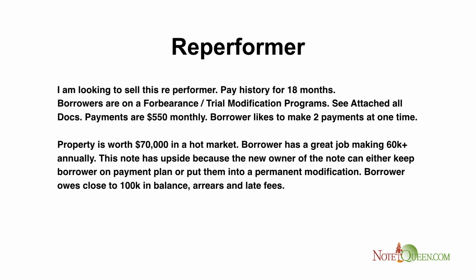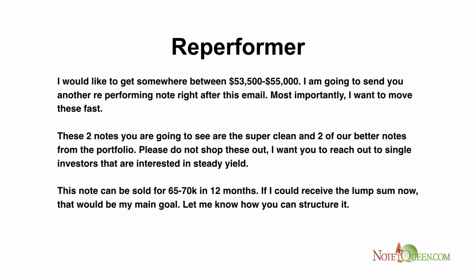The note has upside because the new owner of the note can either keep the borrower on the payment plan or put them into a permanent modification. Borrower owes close to $100,000 in balance, arrears, and late fees. And so he wants to get some cash back out. I have no idea what he paid for the note. My guess is 35 cents on the dollar or something. Okay, I would like to get somewhere between 53.5 and 55,000. So basically, 55% of UPB,